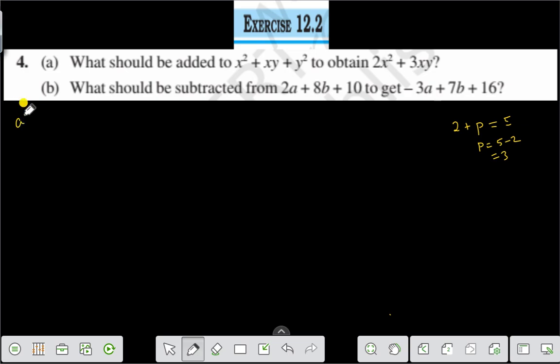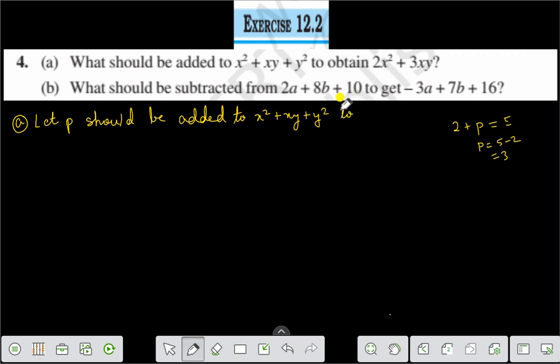To solve in this way, let p should be added to x square plus xy plus y square to obtain 2x square plus 3xy, right? Therefore, according to the question, x square